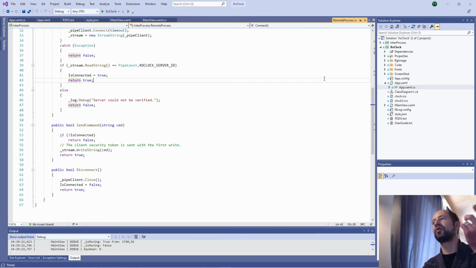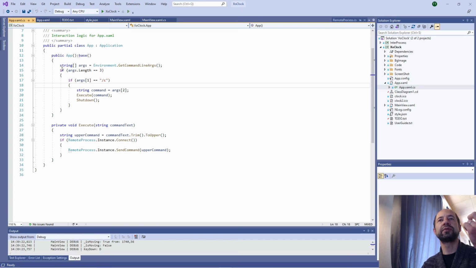And then the host clock: if I have three input parameters, I send the command, then I shut down. If there is no parameter, I default to the normal process of displaying the XAML window.